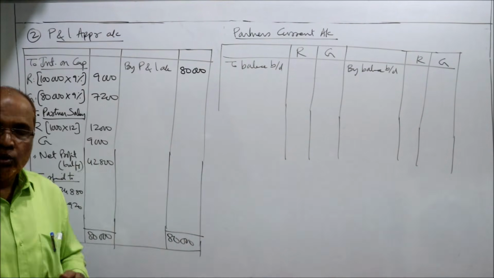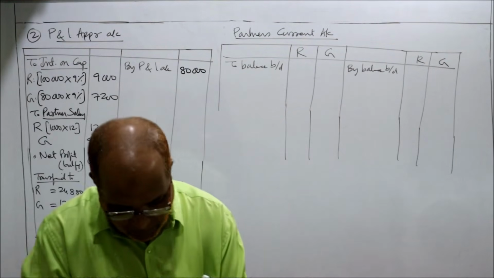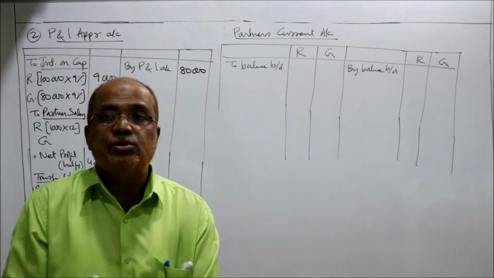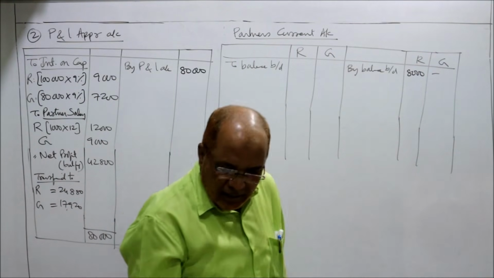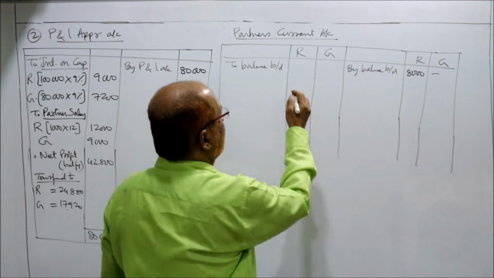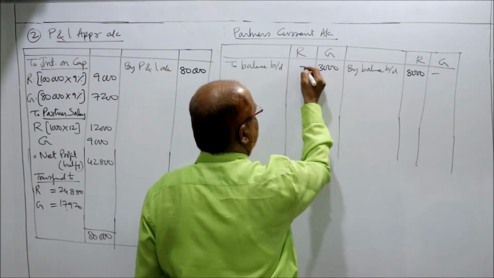By balance problem. So which partner is having credit balance? See the problem. Ravi is having 8,000 credit balance in current account. And Giri is having 3,000 debit balance. One partner is